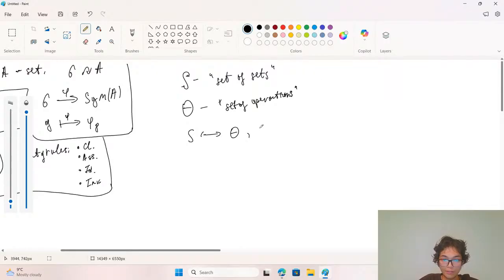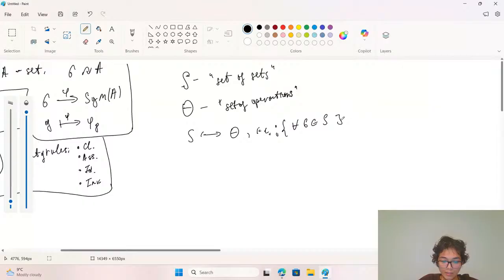I mean that for any G, which we can say is not a group but some set belonging to S,